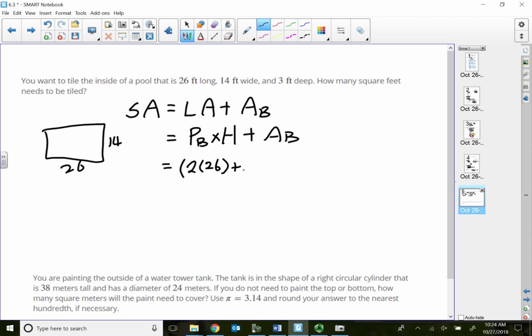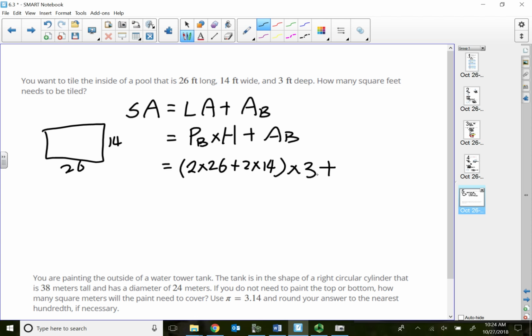So the perimeter of the base is 2L plus 2W, right? I don't even have to add extra parentheses. I'm just going to write it like this. According to order of operations, it will do it for me. 2 times 26 plus 2 times 14. So the calculator will do all this in the parentheses first, times 3 feet deep, plus